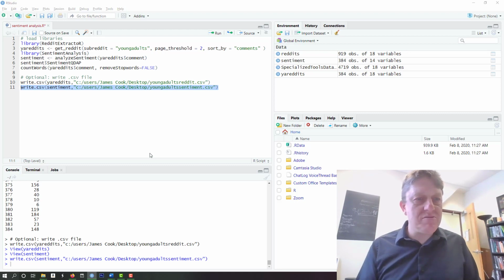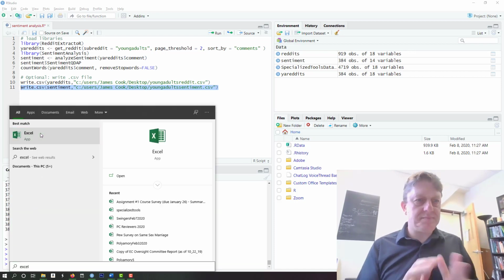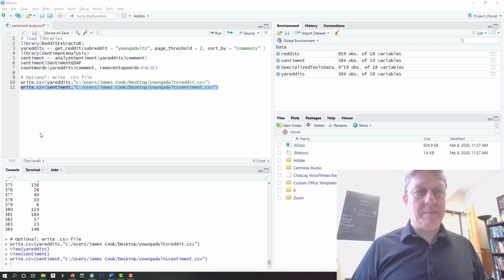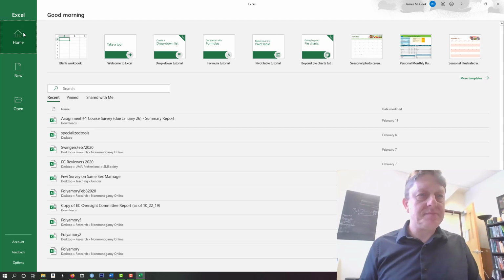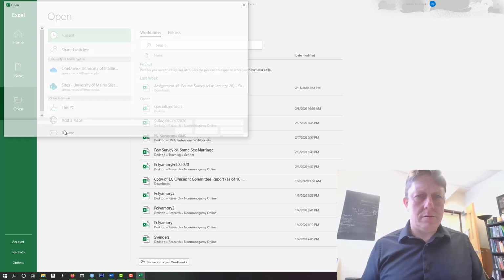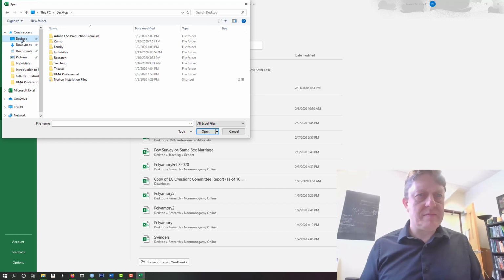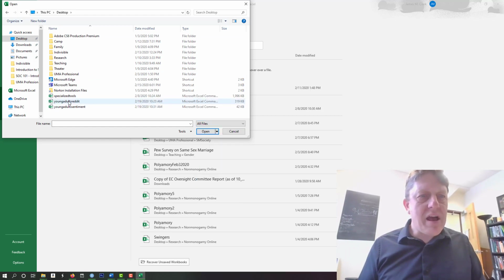Because then if I go, say, to Microsoft Office and I wanted to start Excel, hypothetically, I could do something where I could open up from the desktop, not Excel files, I want all files because I want CSV files. I could open these 2 files up,